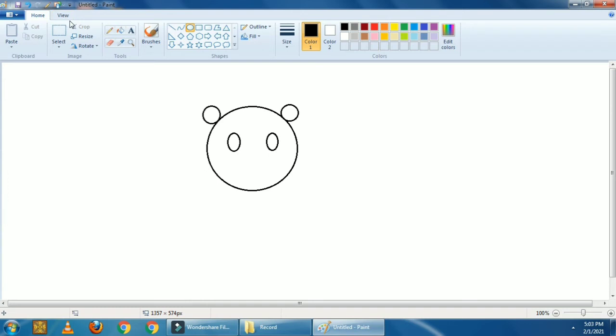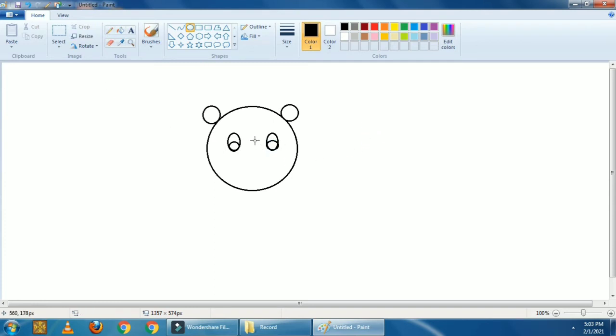Now we have to draw one more small oval inside the eye. So click on oval and go inside the eye and start from here and draw small circle inside. When it touch to the boundary of the oval, then release your mouse click. In right eye also, just click and drag it from here, and when it touches to the boundary of the oval, you have to release your mouse click. And if it is small, so let's drag it from here and make it big. You can see now it is big. Okay, done. Click outside. So these are eyes of the Mickey Mouse.